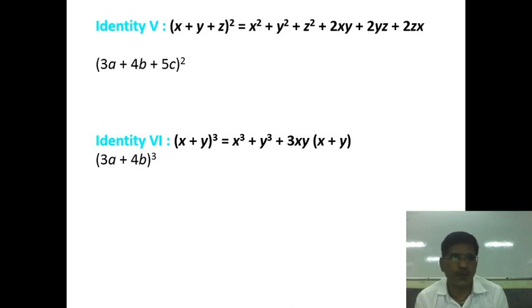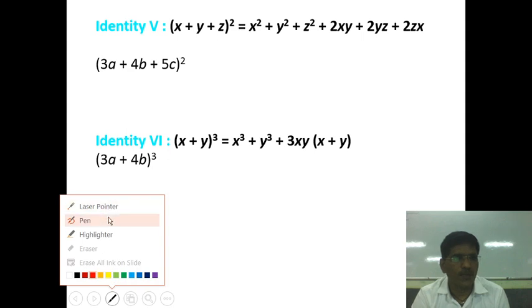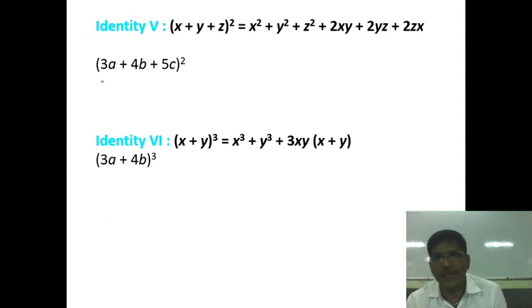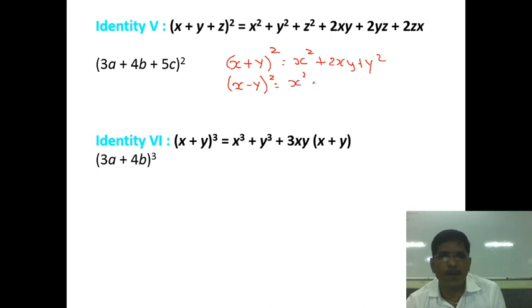Today, fifth formula. So already in the last lecture, we have remembered four identities. Four identities we have already remembered and completed. So again, I repeat all four identities so you can understand them properly. Which identity am I using? (x plus y) whole square, that we have remembered. That is x square plus 2xy plus y square. This is the first. Second is (x minus y) whole square. That is x square minus 2xy plus y square.